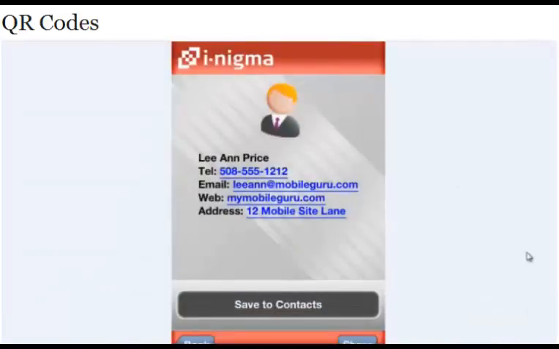This is what you see after you scan that QR code. Basically, you see all the info that you put in there, and as you can see, it's all clickable. So all that is very cool. You can save it to contacts. So there you go. Virtual business card created with a QR code. Very cool thing to do. And that is the QR code generator module, because we've now covered all the different types of QR codes that